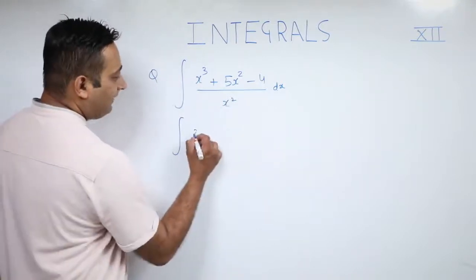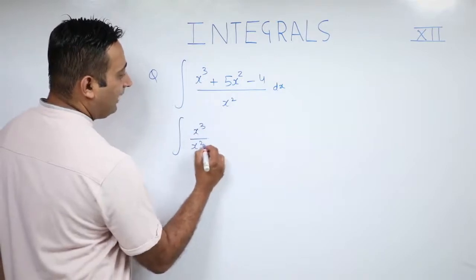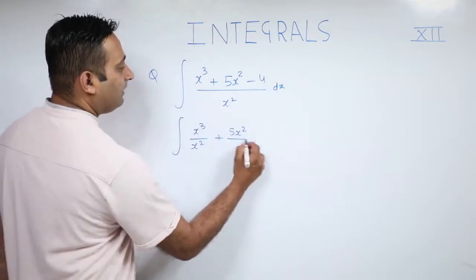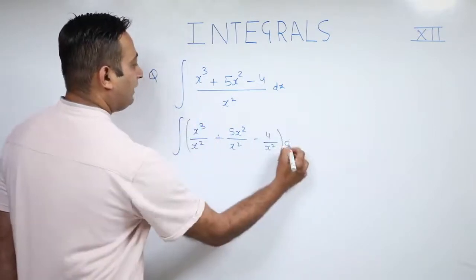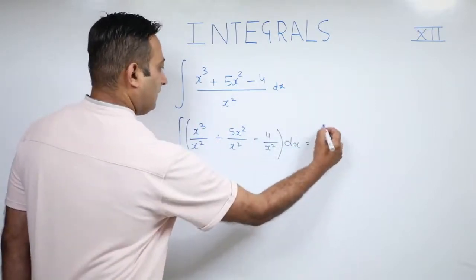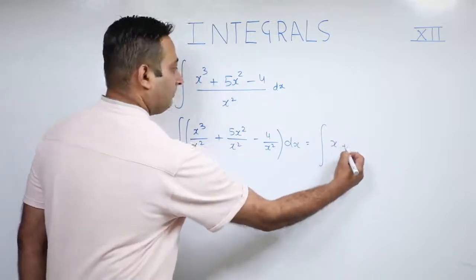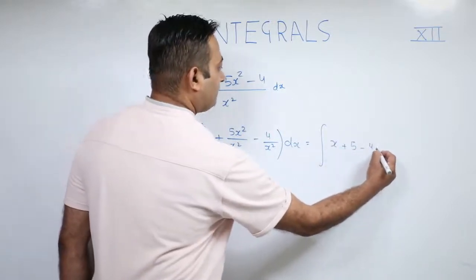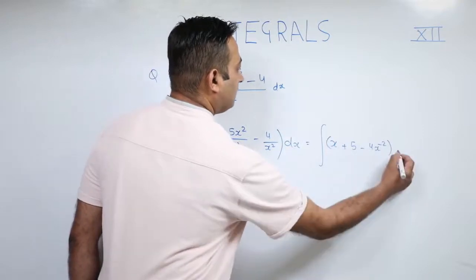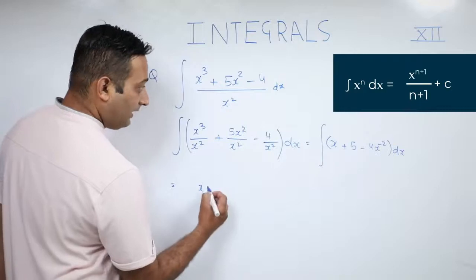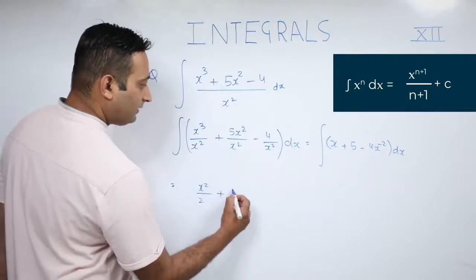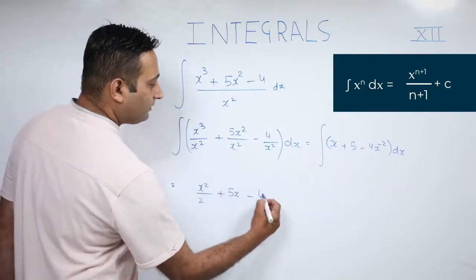Now we will separate these functions as x cube by x square plus 5x square by x square minus 4 by x square. Now we can write it as integral of x plus 5 minus 4 x raised to the power minus 2 dx. Again, we'll use the same formula and we can get the answer as x square by 2 plus 5x minus 4